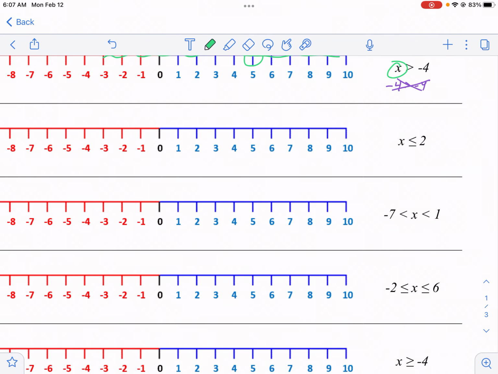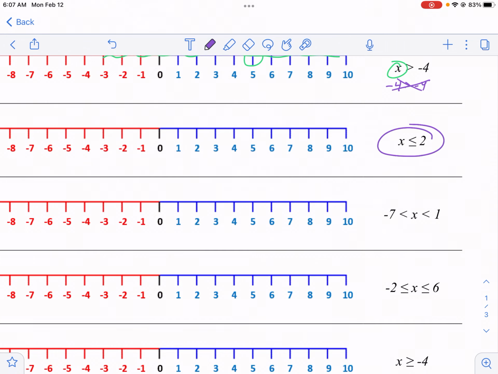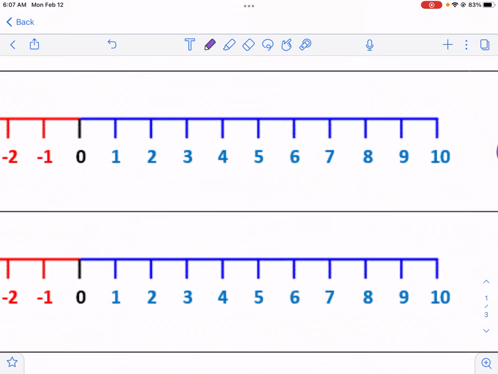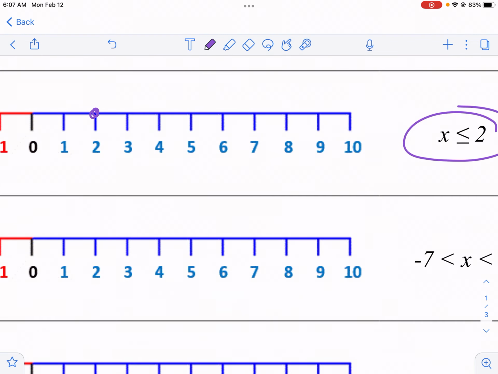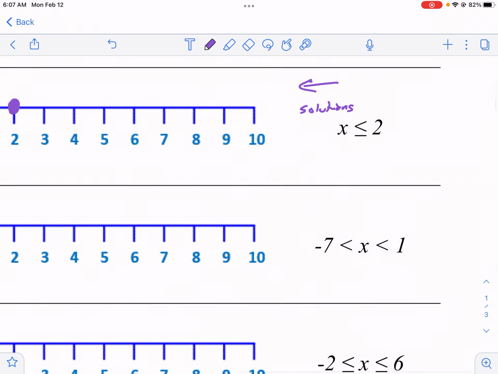We'll do one more just so we get the hang of it. So if I'm looking at x is less than or equal to +2, I'm going to first start: is it an open dot or a closed dot? It's a closed dot. Next, am I graphing to the left or to the right? Well, since the solutions are less than 2, that means smaller than, I'm talking about all the numbers to the